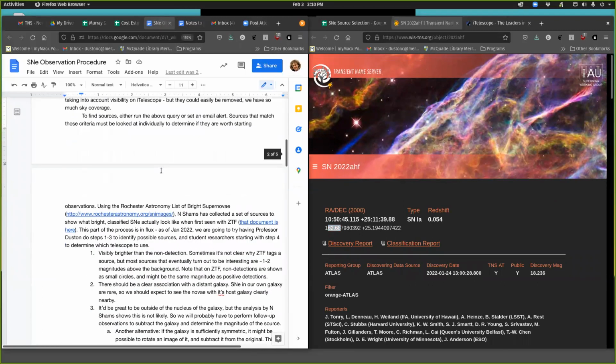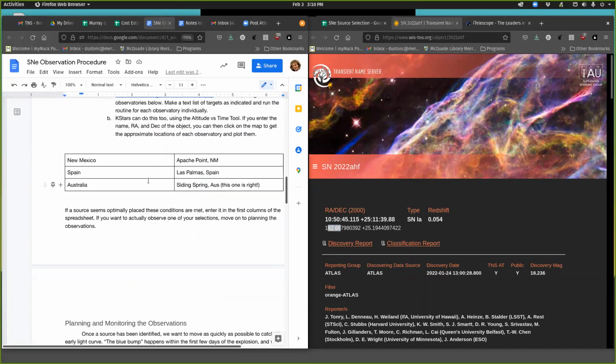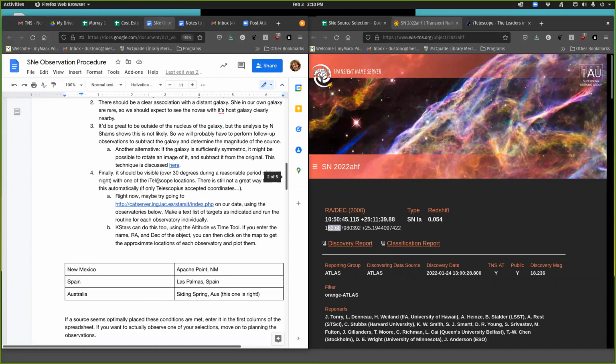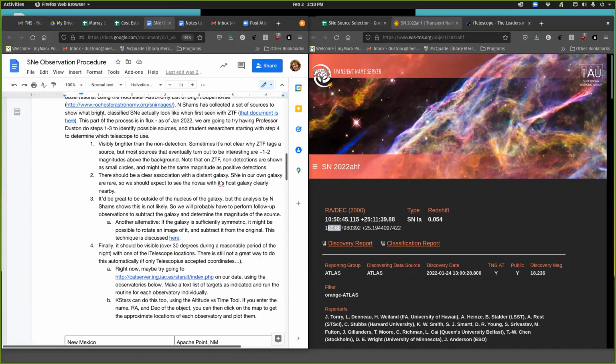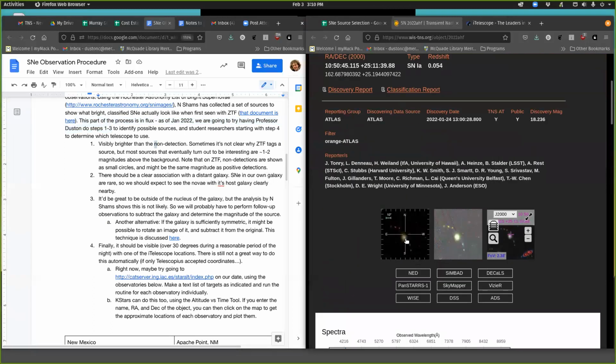So basically there's a 4-step process to deciding that you're going to chase down a source. And as you can see, the part of this process as of January 2020 is to have me do the first 3 steps. So visibly brighter than non-detection, TNS wouldn't show up unless it was there. Clear association with the distant galaxy, you can see that right there. It definitely is associated with that galaxy. Of course, that kind of makes it a problem because the galaxy is in the way, but